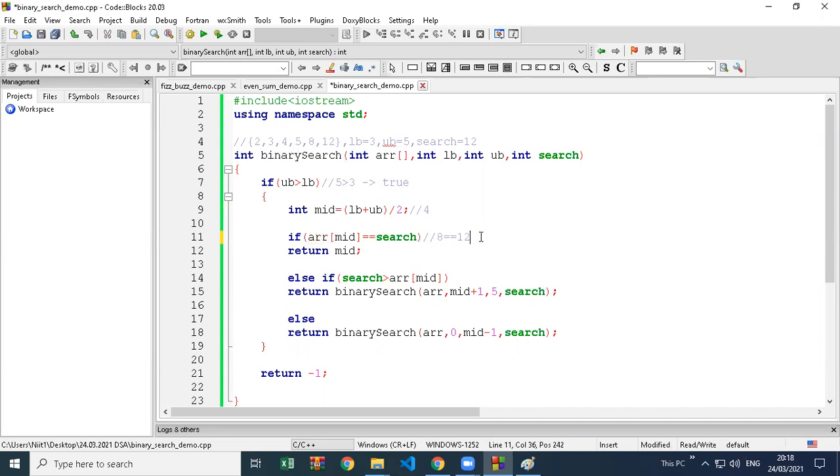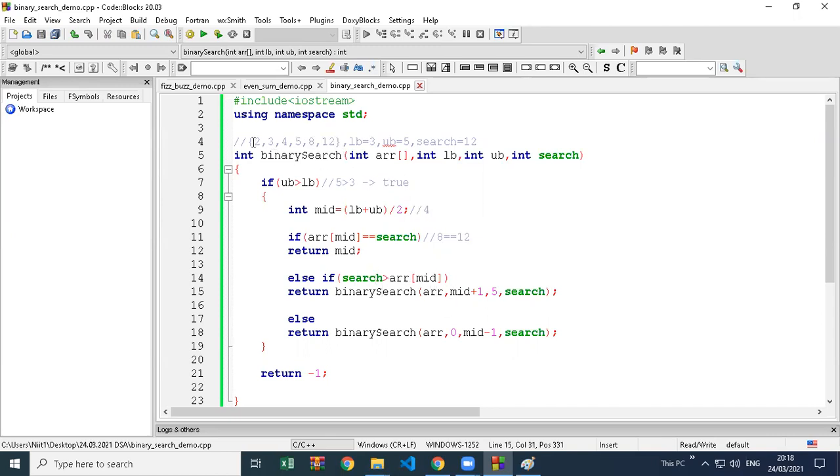Is it equal to the value we are searching for? No, we are not searching for 8. So is the value we are searching for greater than 8 or less than 8? Greater than 8. We got 8, but we are searching for 12, so it is greater than 8. So again, it is satisfied.